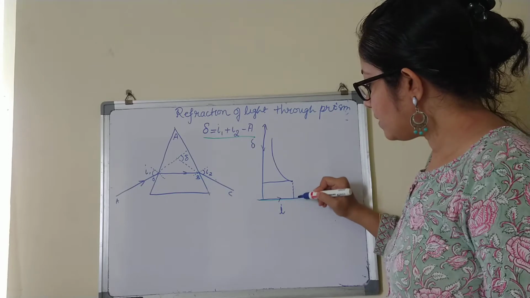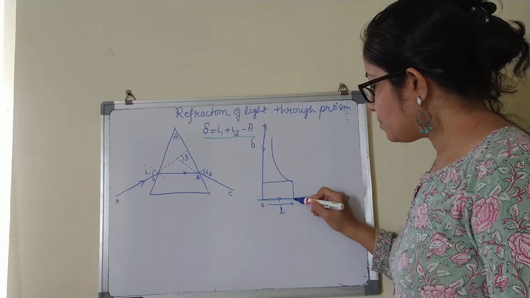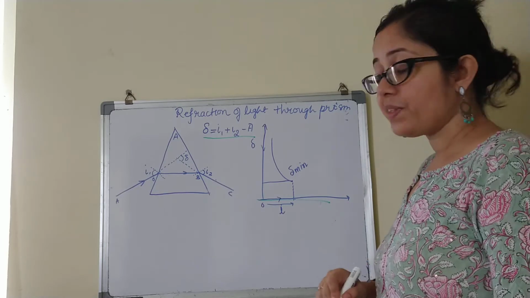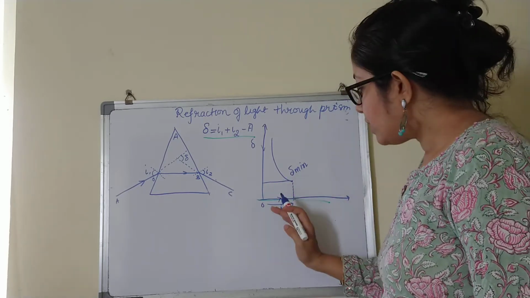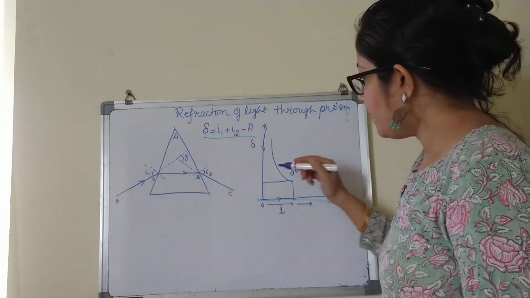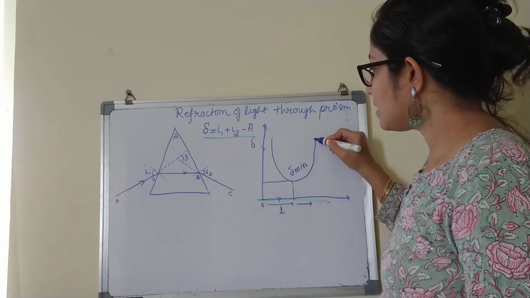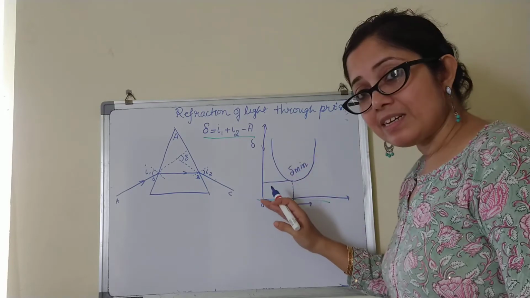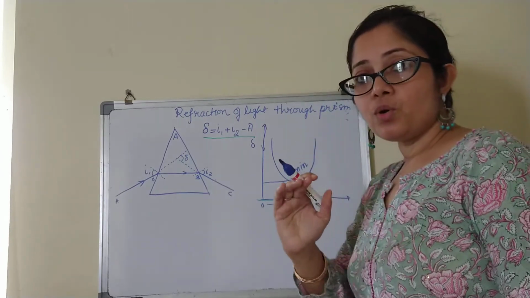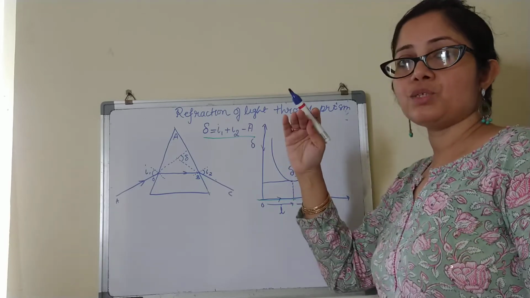Here, whatever the angle of incidence is, we have increased it from 0 to here. At this point, the deviation is minimum. So we say this is the minimum deviation. After this, if I further increase my angle of incidence, more bending, then we will find that the angle of deviation also starts increasing. Earlier it was decreasing, but after this point of minimum deviation, it is now increasing. Deviation slowly starts to rise.